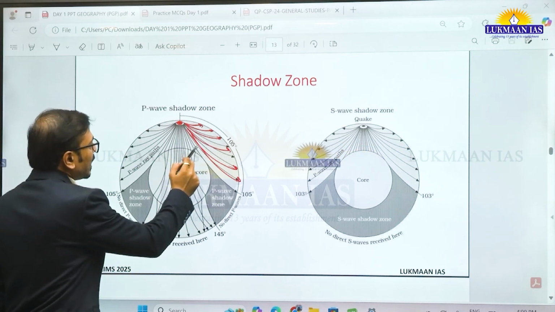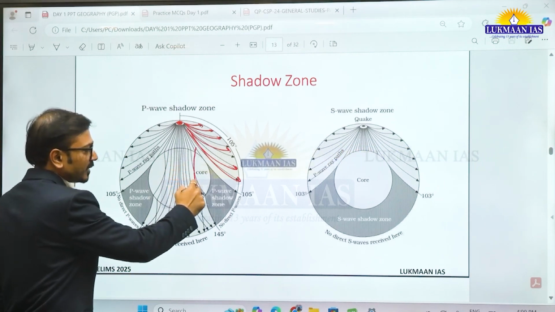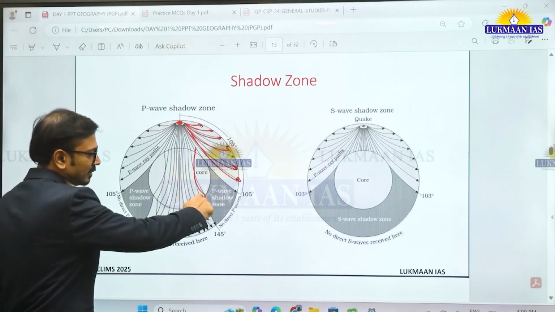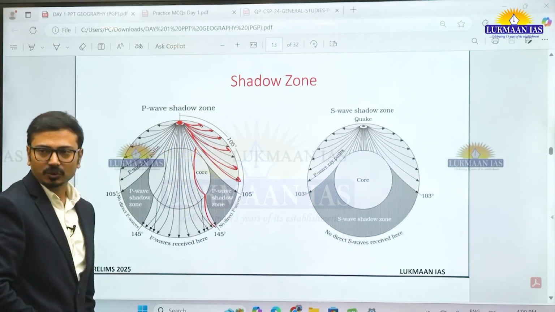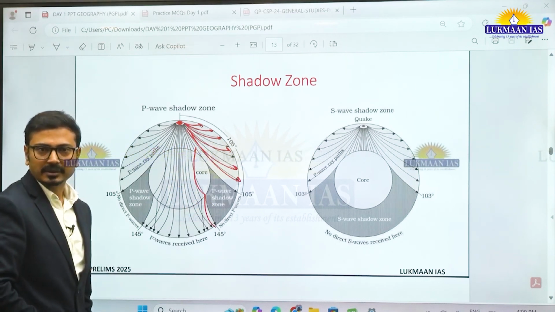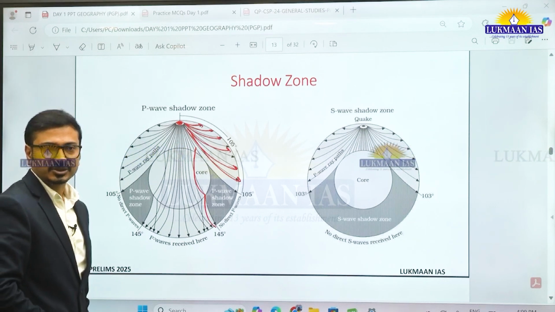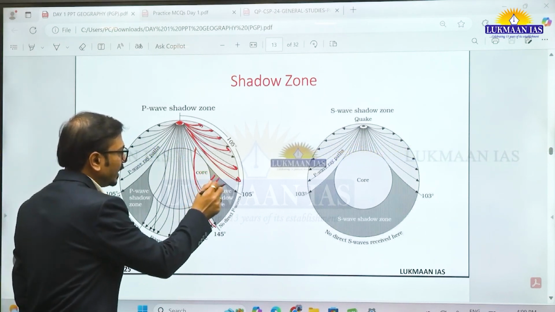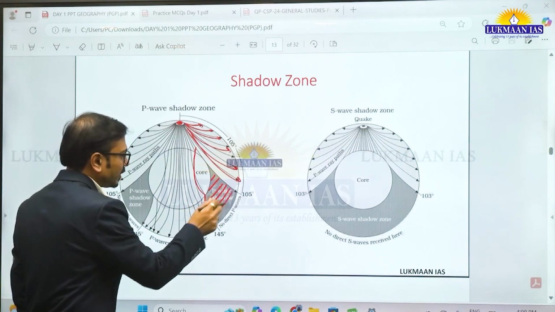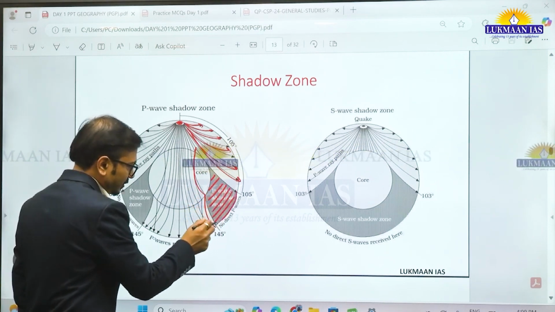Second, when they pass through the core, you can see further refraction and then coming out of the core. But when they pass through the core, it has been observed that through multiple refraction there is formation of one zone